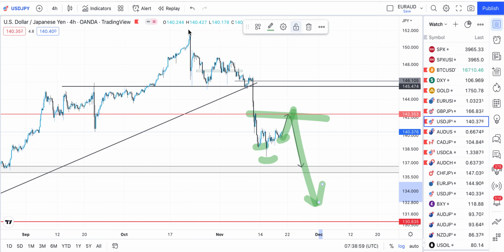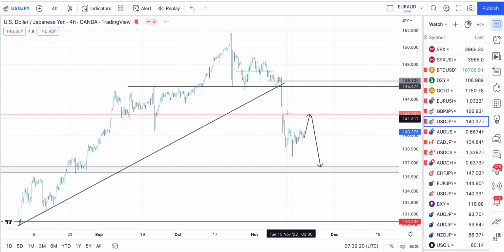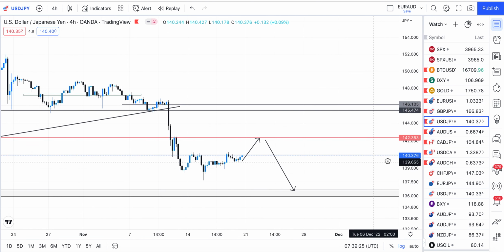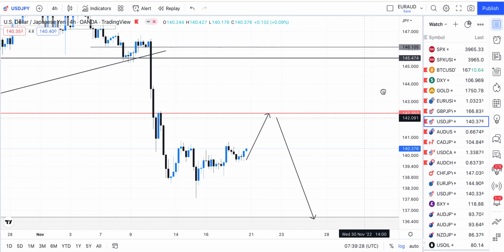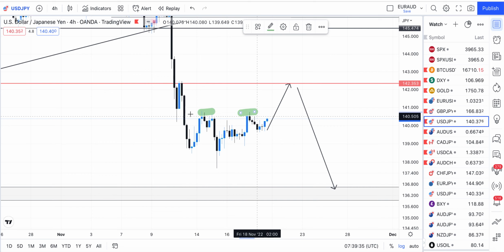I'm looking for it to even break this particular 4-hour high. So let's eliminate this. There's something I want to show there. So zooming it forward. You know we have a 4-hour high. Yeah. So we are hoping for it to break this particular high and tap into this particular